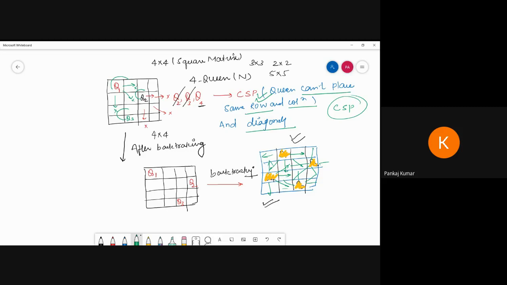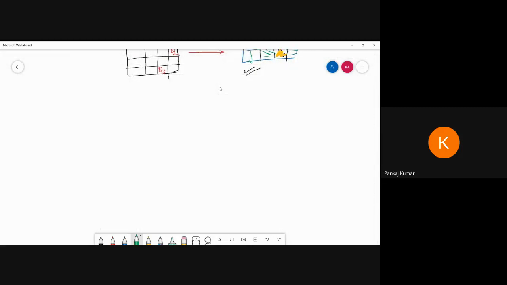Now see, we have to create one function first of all. I am writing the functions one by one, then you can understand each and every one. Suppose I take one function, attack. So if attack is possible, I'm writing here one function attack, and inside the function I'm going to pass i, comma j, and the board and the number of queens, capital N.